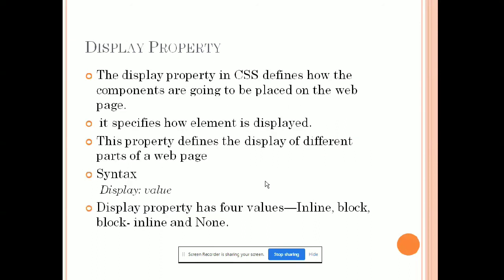The last one is display. Display has four values: inline, block, inline-block and none. So you can decide on your own where and how you want to display your particular elements. Where is defined by the position, how is defined by the